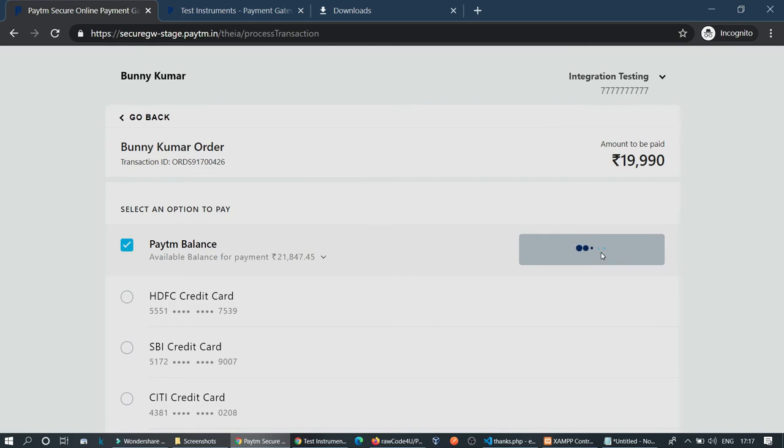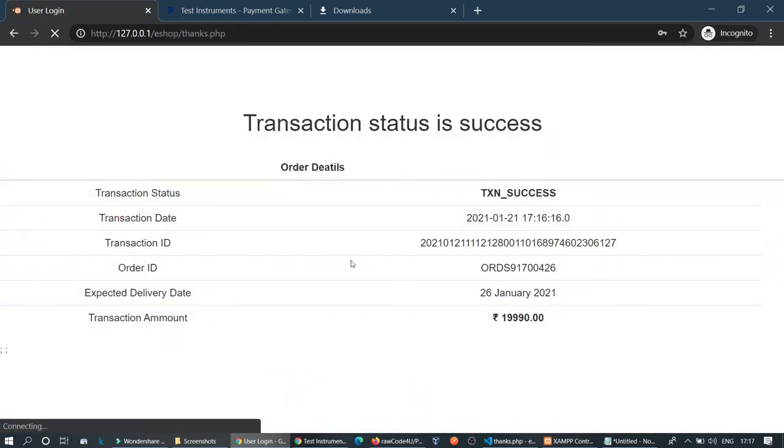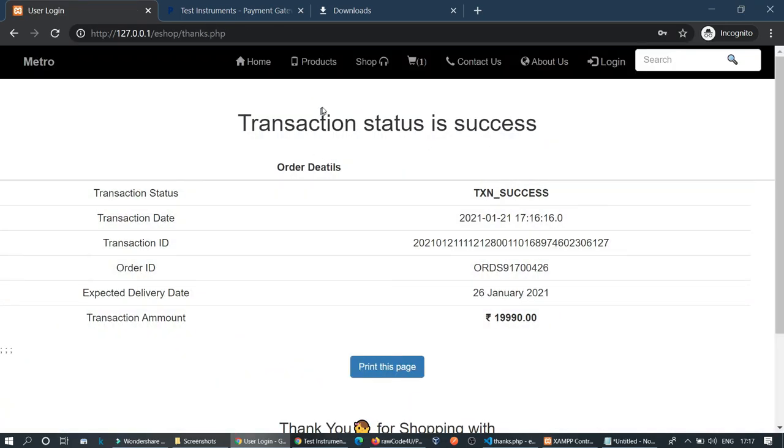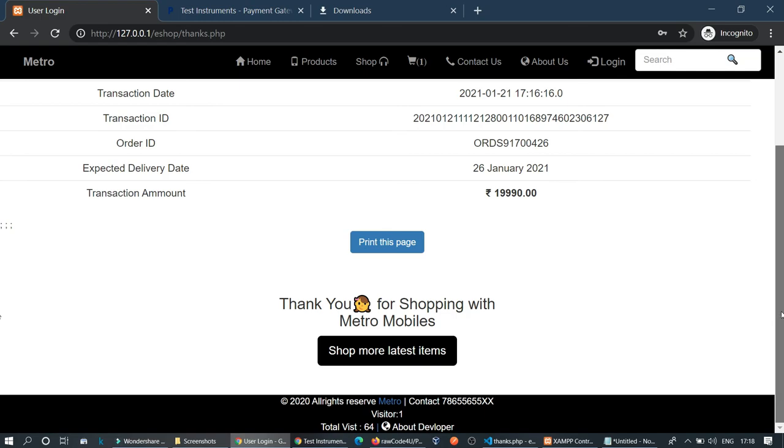Click on verify to verify this OTP. Okay, my OTP is verified, and now you see my account has 21,847 rupees, and now I click the pay button to pay with my wallet. You can also pay with cards.